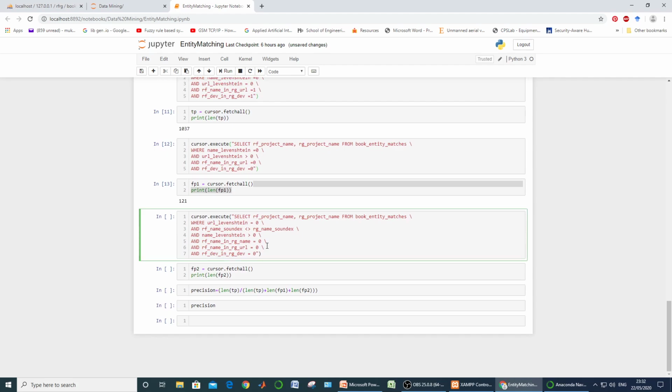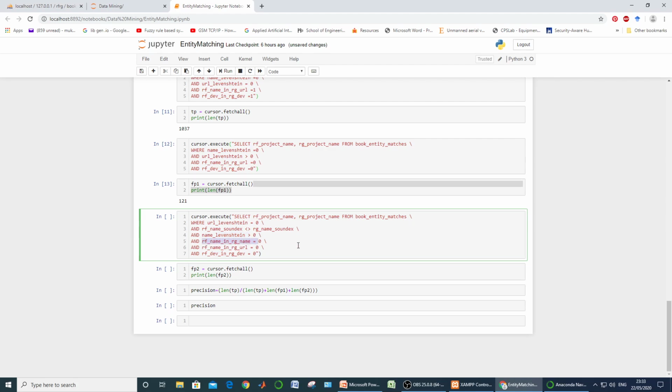And again in the same way, we are finding the projects which are the same in URL. They are sharing the same URL, but their soundex were different, name pronunciation was different, their Levenshtein distance was also non-zero.